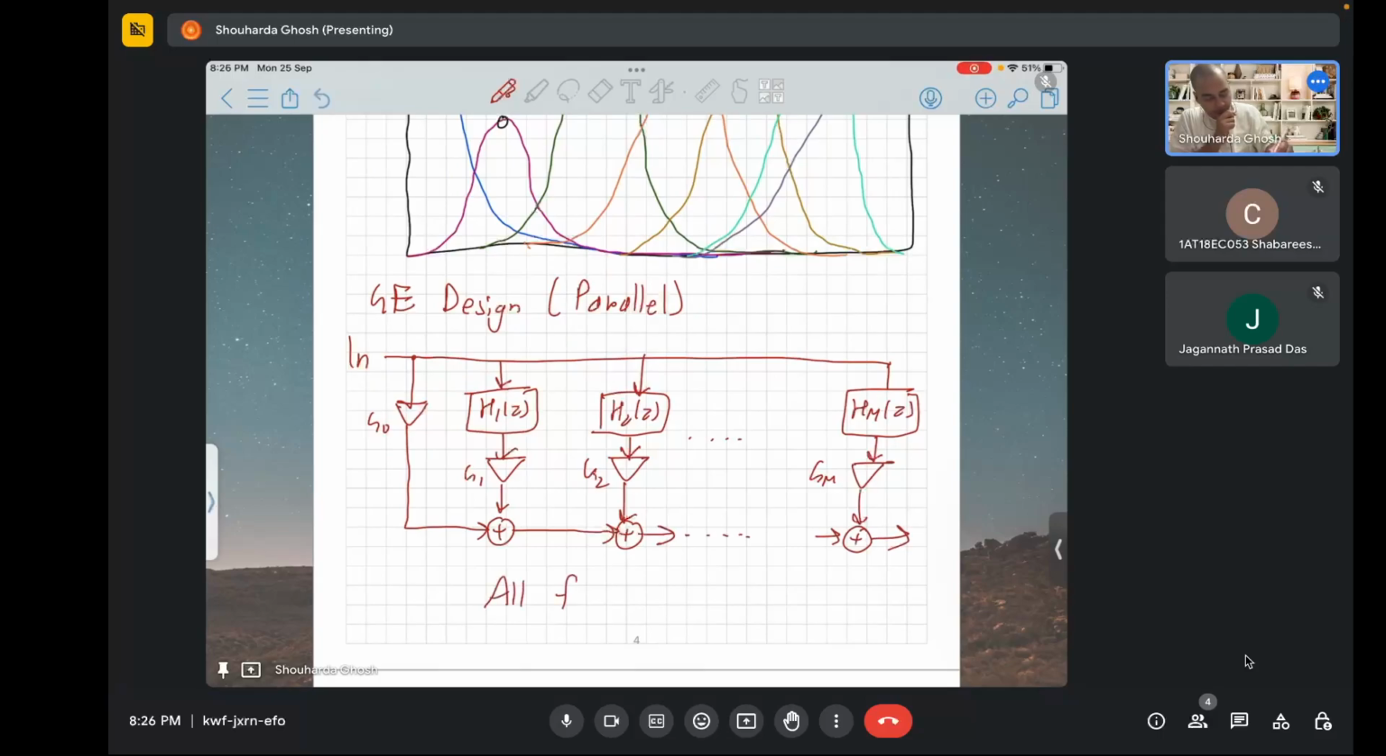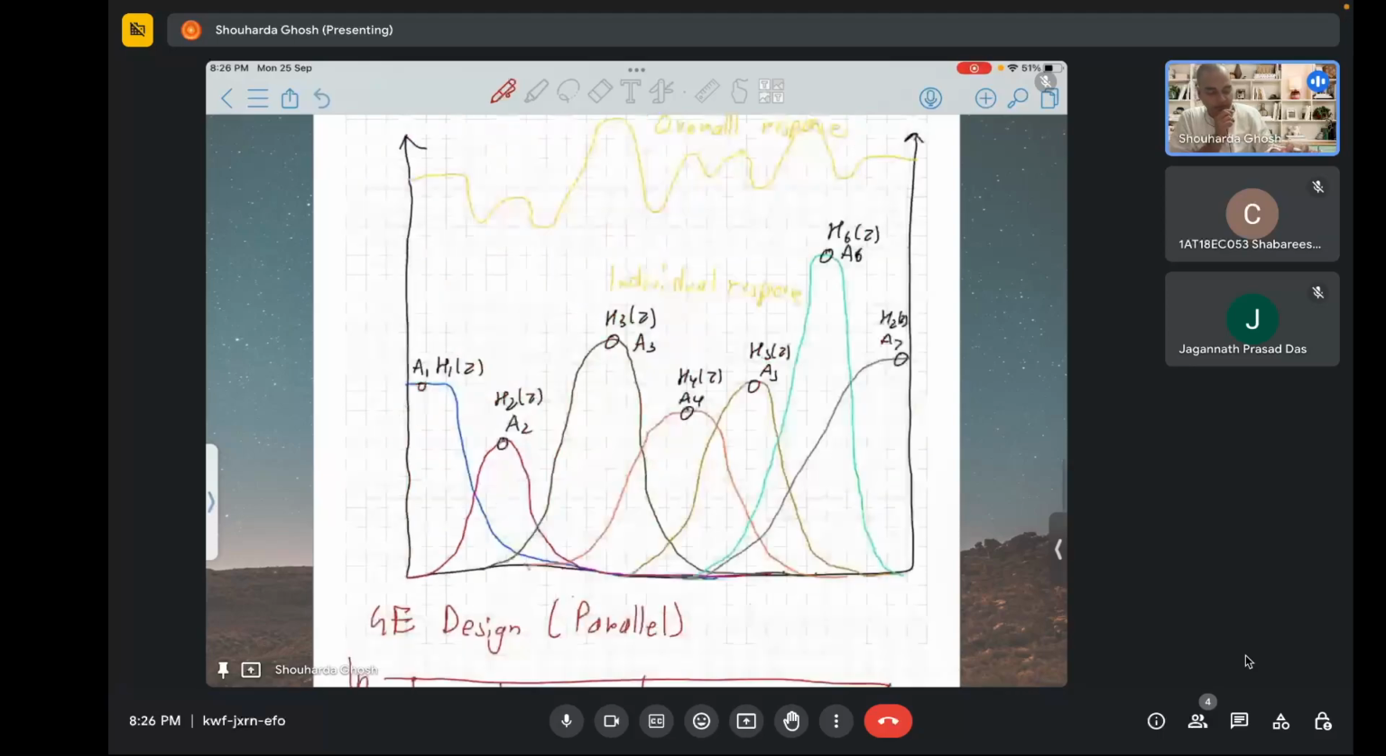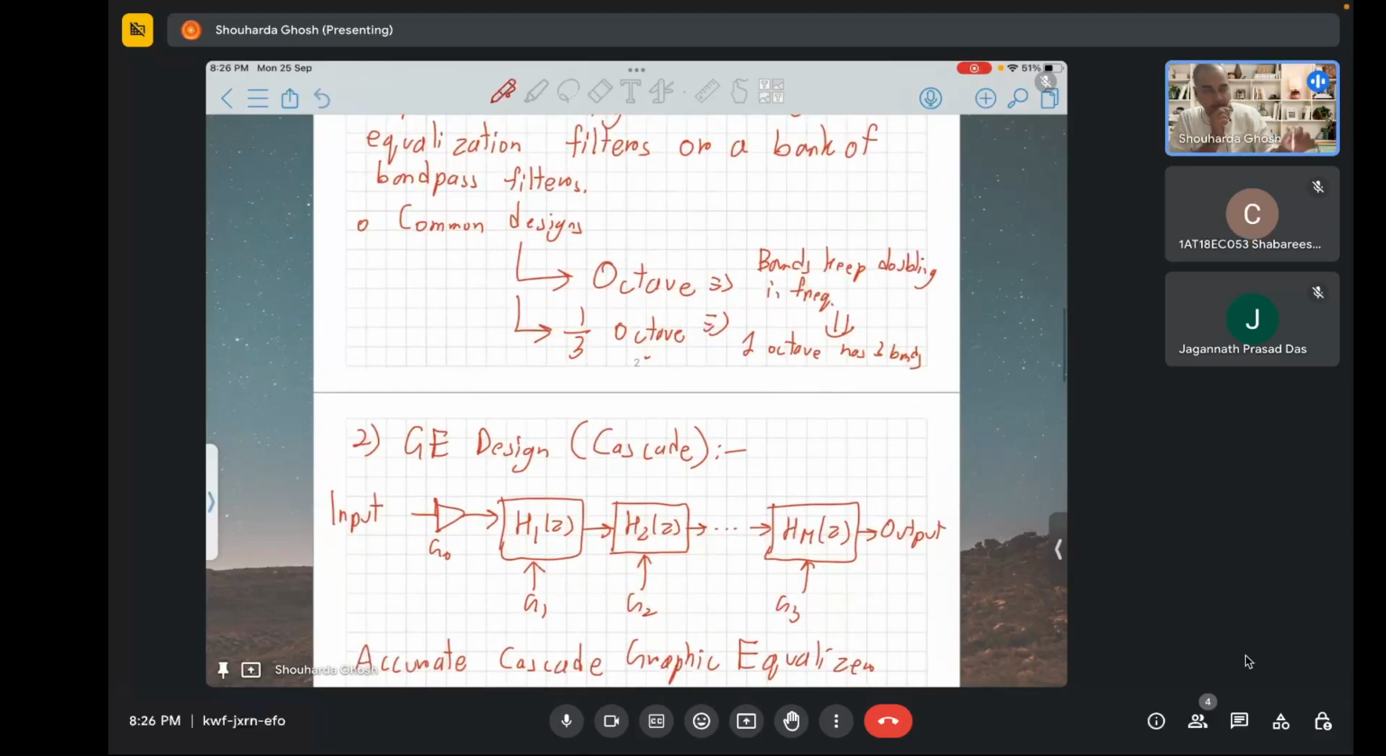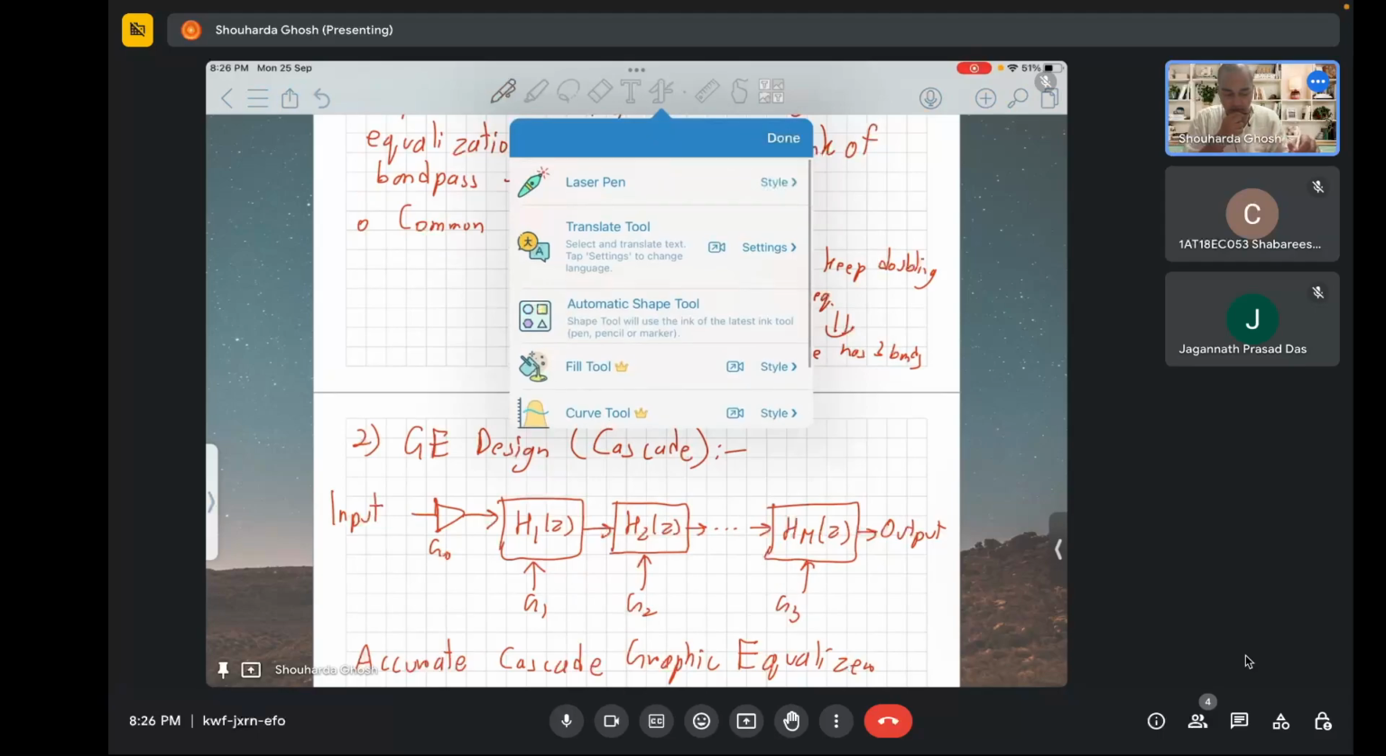All filters receive the same input. So what is the advantage of this? The advantage is that when you do the design of such filters, you need to consider the range of values these signals attain. When you do a cascade, you may have a scenario